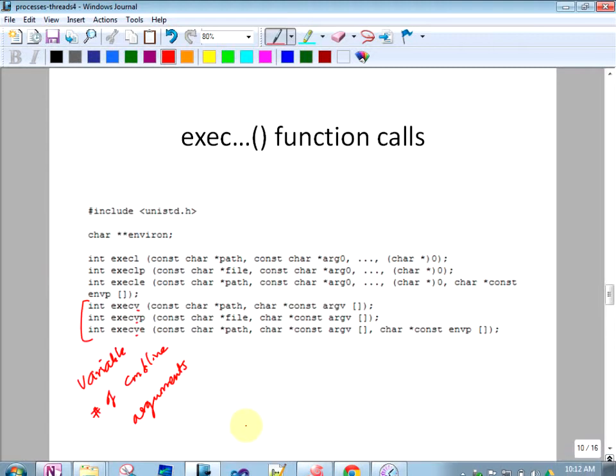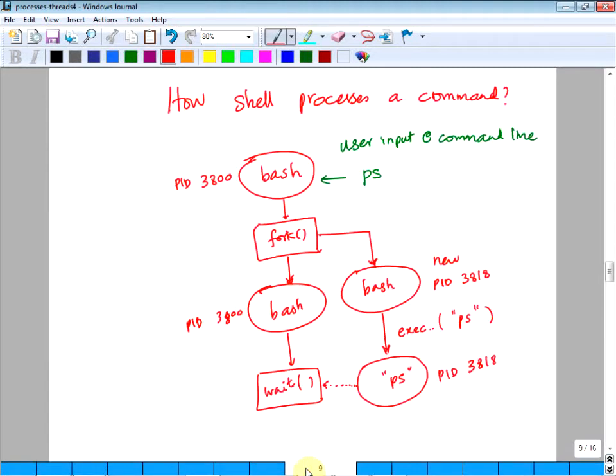Okay, so what does the exec function call do? Exec function call basically converts one process, one command to another, one tool to another. See, it was a bash that was running. When it does exec, it becomes the PS command. Okay, it will never return back to this bash shell. Okay, this is a child. Okay, parent is here. Okay, so if this will help, maybe I should just draw this in different colors.